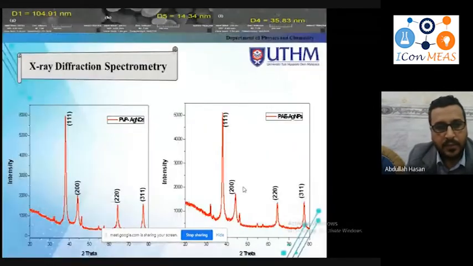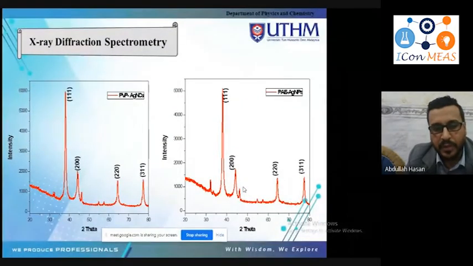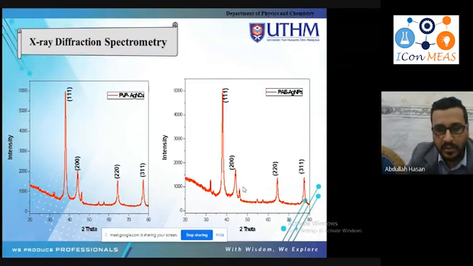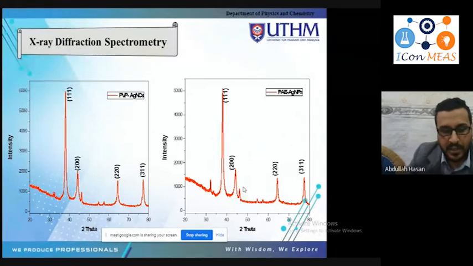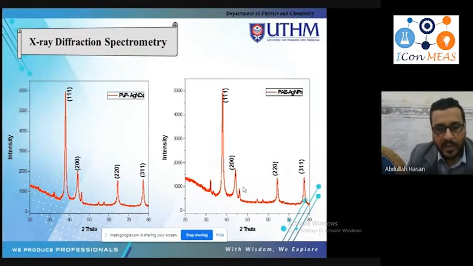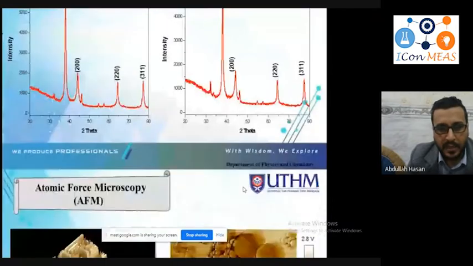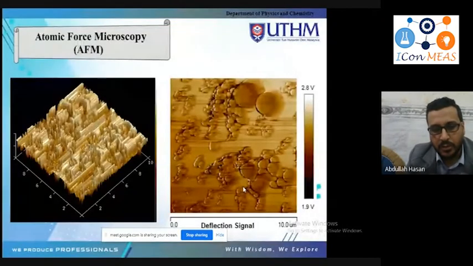And for XRD, the peaks are different. On the left side is the silver nanoparticle first. On the right side is the XRD spectrum from the different concentrations of nanocomposite material. Here we see the difference between the nanoparticle and the nanocomposite, and how the intensity differs, which allows particles to touch and detach. For AFM also we see the difference